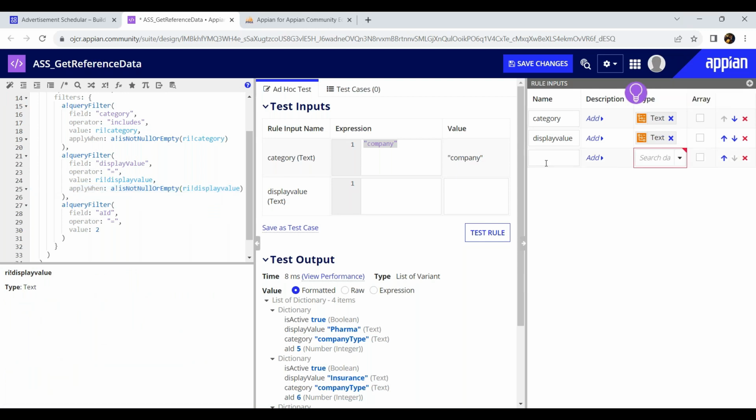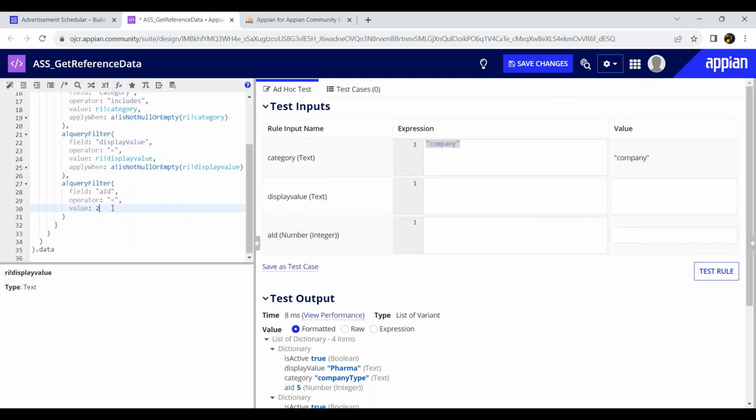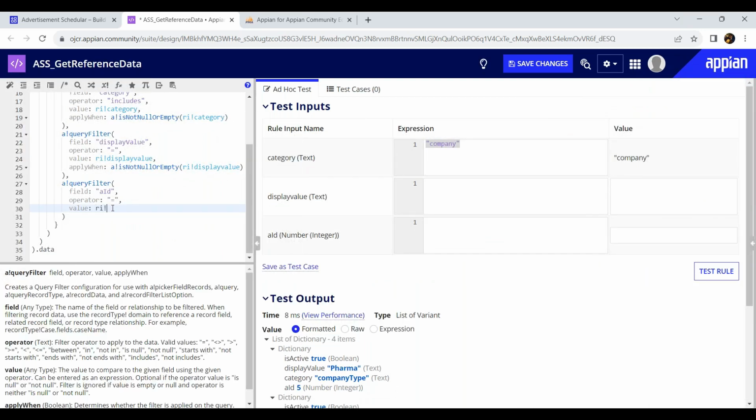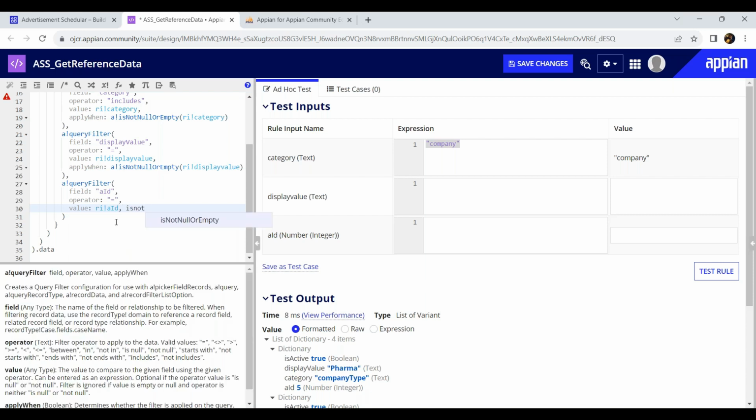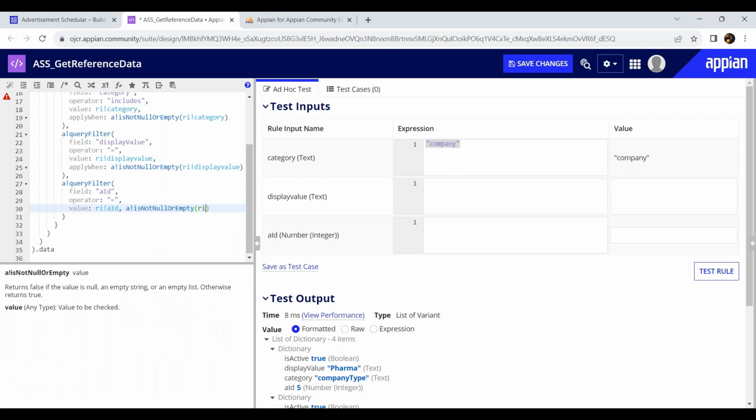Same way, we can also create a query parameter for AID. It is going to be of type number integer, and then here we can say RI bank AID, and also check the is not null or empty condition. RI bank AID. Okay, so now what happens? This rule